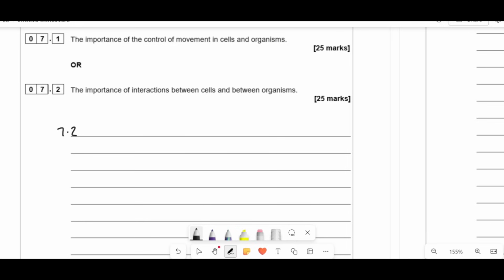It's useless. Don't do that. Examiner reports, every single one of them complain about you guys doing that. It doesn't work. The importance is why this thing works, why this thing happens, why each and individual little step is important. So if I'm looking at interactions between cells and organisms, what I literally do is I just think